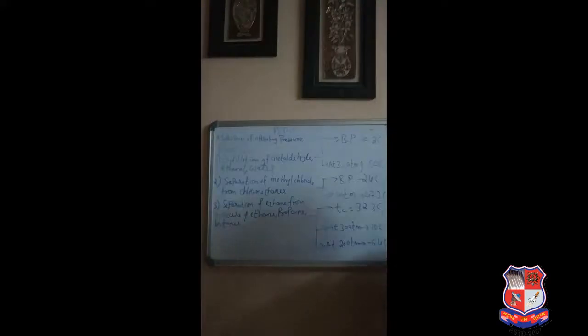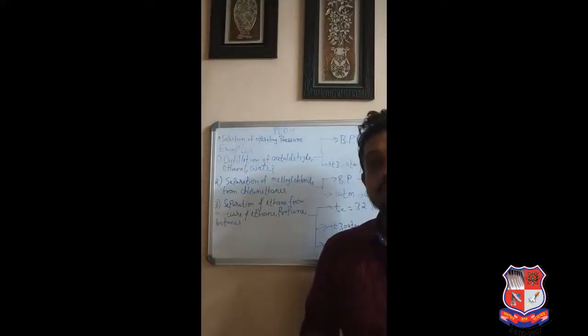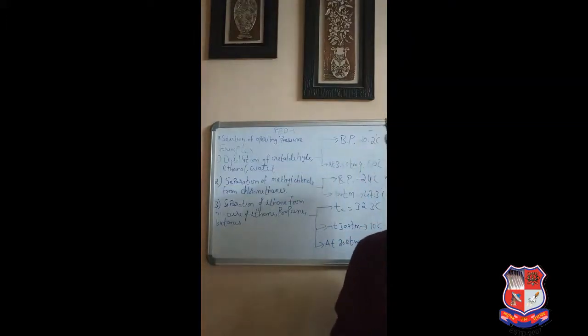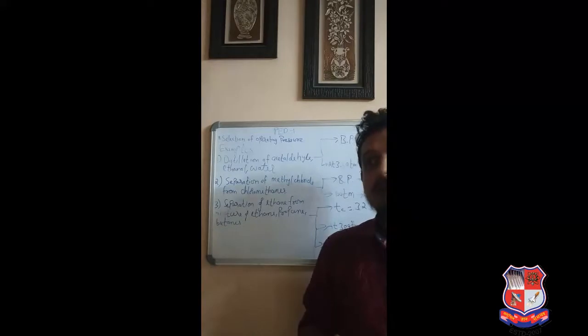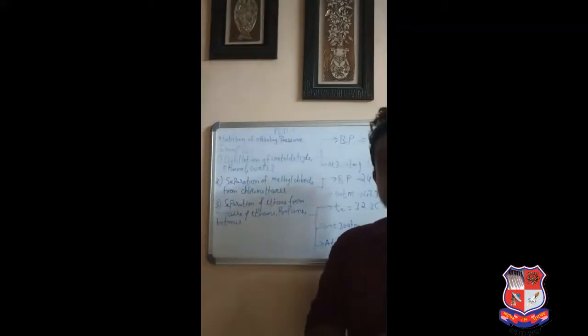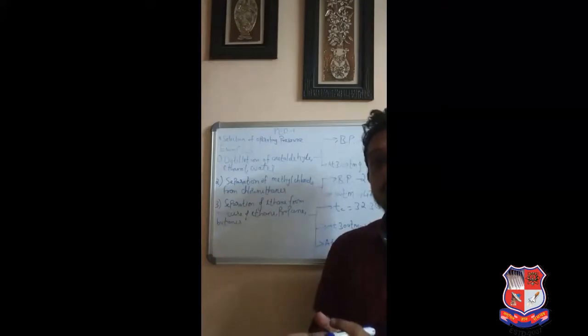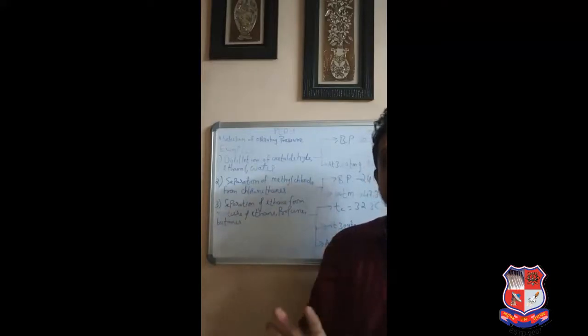Now, how to select operating pressure? The basic way we all know is to equate the bubble point equation to 1. That is a trial and error method that will give you the exact pressure at which you have to operate your column. But this topic will give you a basic idea whether you have to operate your column under vacuum or under pressure. It will not give you the exact quantity.